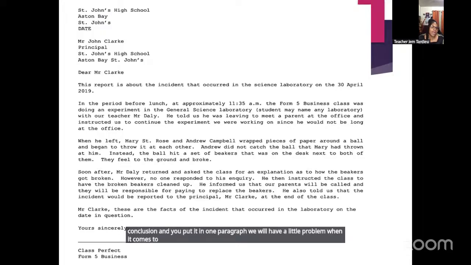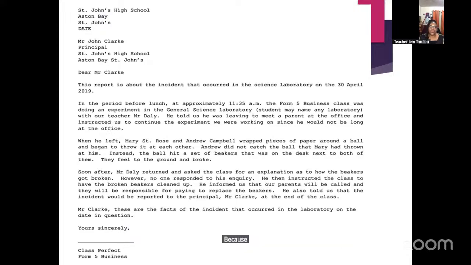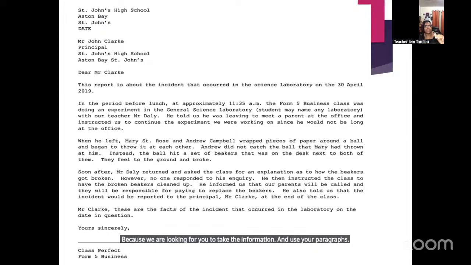You will lose marks in your organization structure because we are looking for you to take the information and use your paragraphs to be able to ideally pinpoint the relevant or main points that need to be expressed